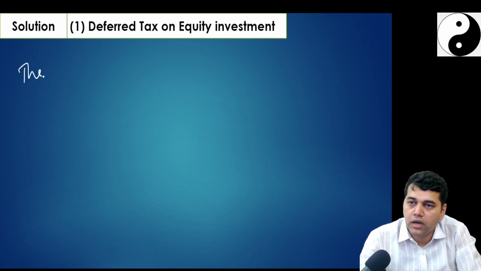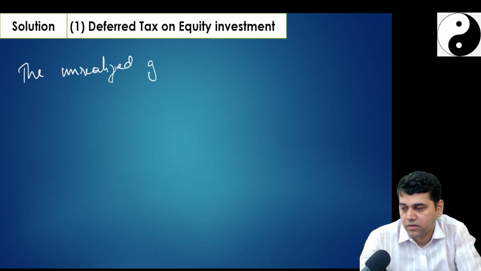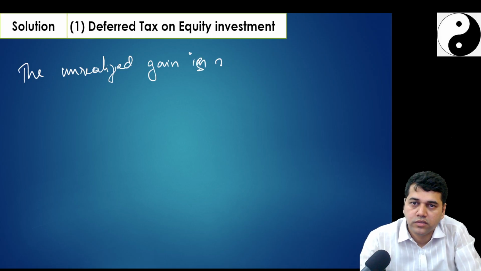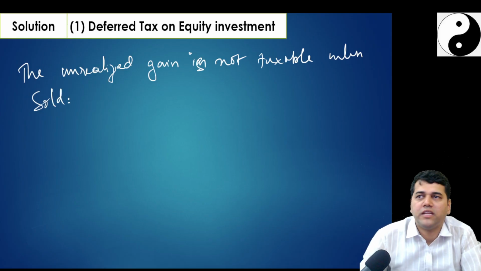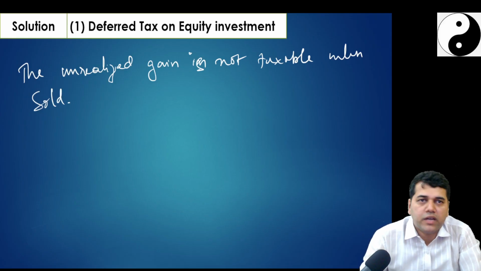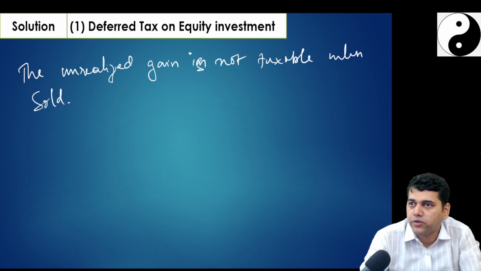The unrealized gain is not taxable unless sold, correct? They only told us that unless you sell your FVOCI investment, whatever fair valuation uplift you do is not considered. Therefore, no